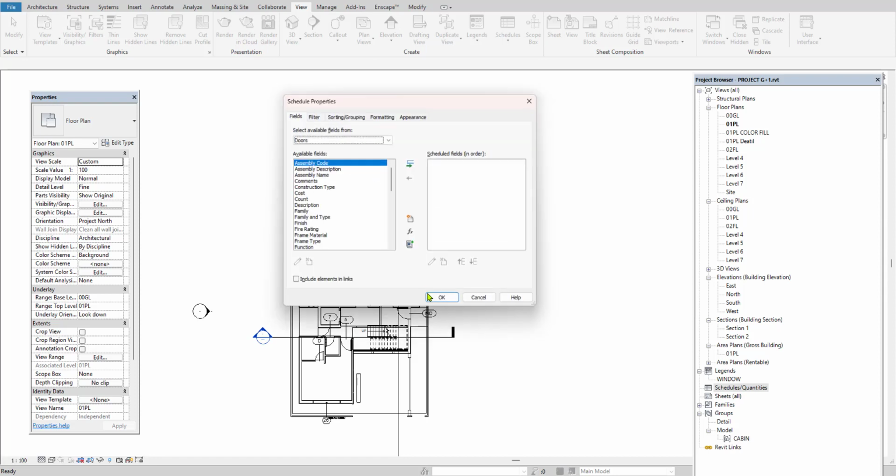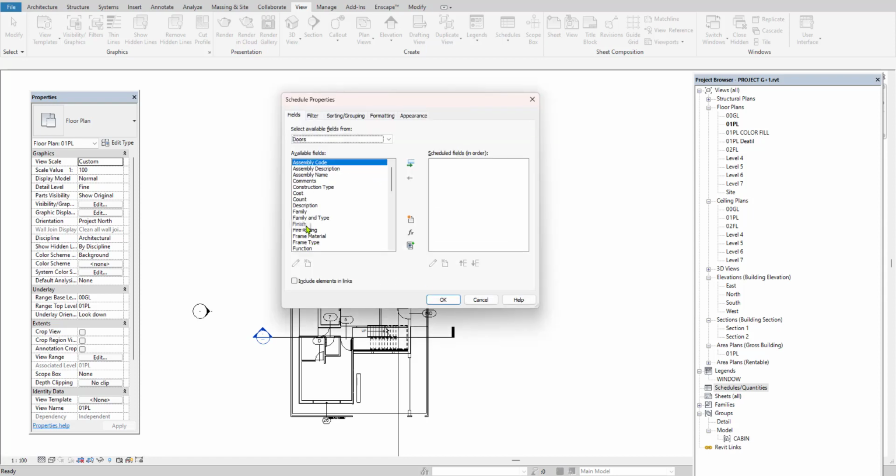Once you're done, you have to select the available fields, like in that table what factors you are going to show, like cost, add it, count, add it, which family if you want to know, add it, next height, add this, in which level which doors are there, add it, and width option, add it. Even you can add the other things whatever you want. Next you arrange it in a proper way, which one you want to keep first, by using this up and down option. I am doing the same now.